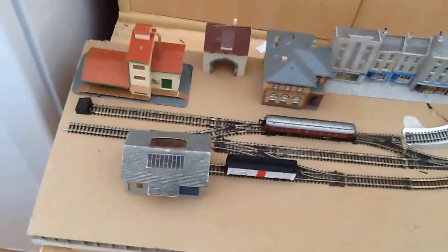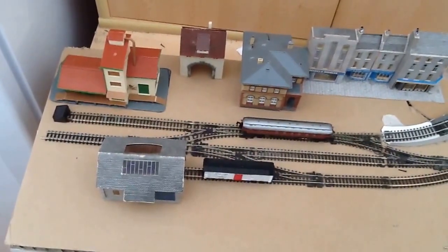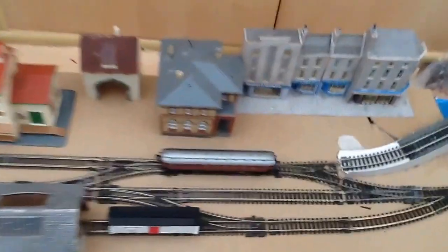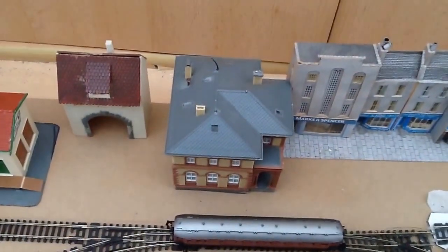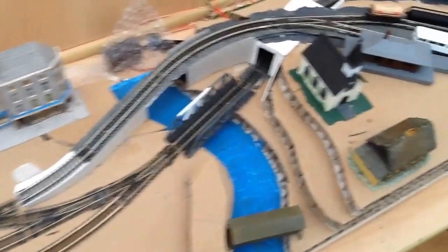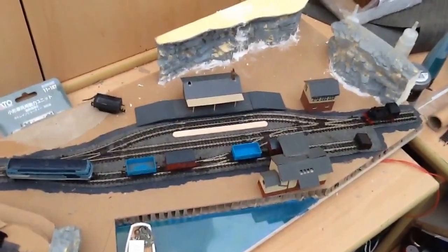I wanted it from a terminus, or possibly a big through station, but a big main line headquarters station. And what I wanted was a big headquarters, railway station and offices. I wanted a separate siding with a factory. I wanted a goods siding. I also wanted a port. And I wanted the port to have some goods and passenger facilities and to be in a